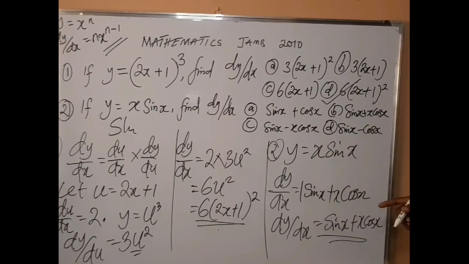If you check the option here, you find out that sin x plus x cos x, that is option B, is our